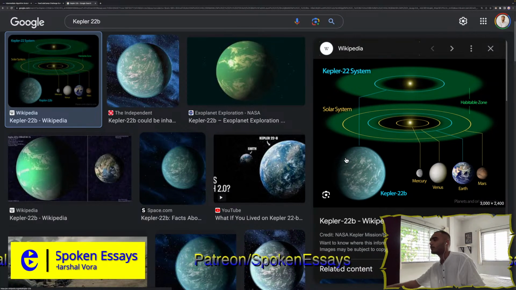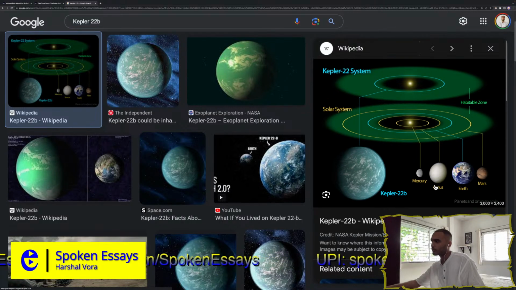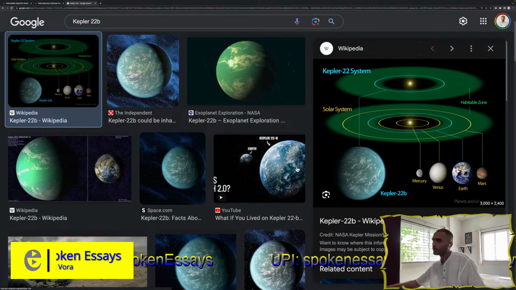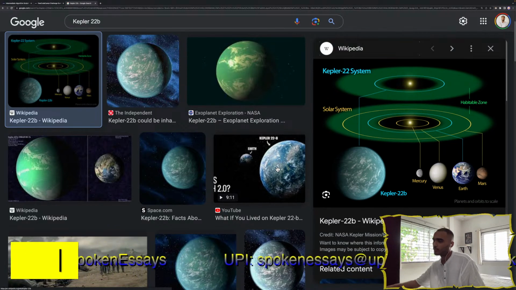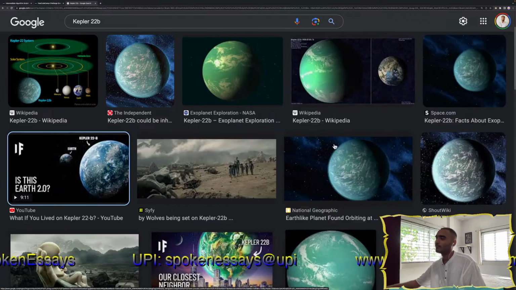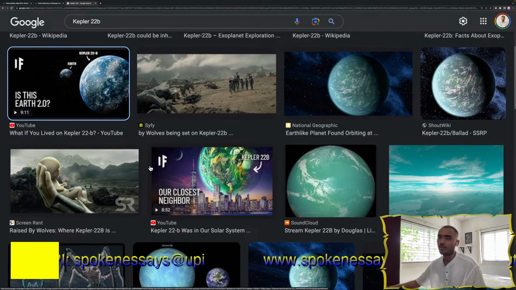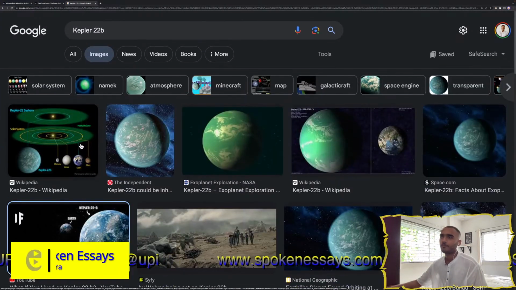Yeah, this thing is larger than Earth, and you can see it is almost like someone created a larger Earth. What if you live on Kepler 22? You're our closest neighbor. Okay. Anyway, so yeah,